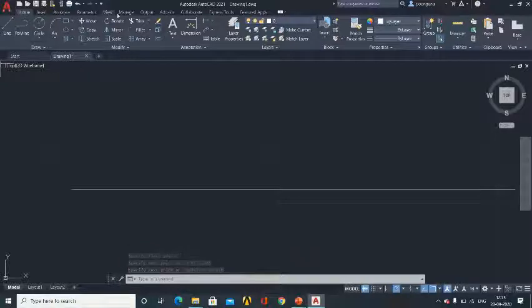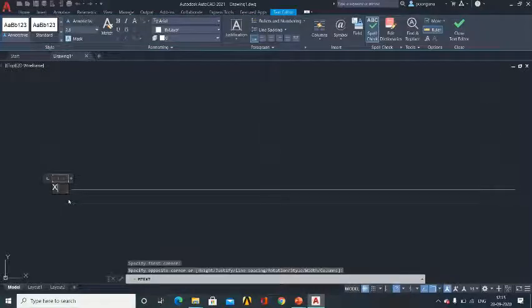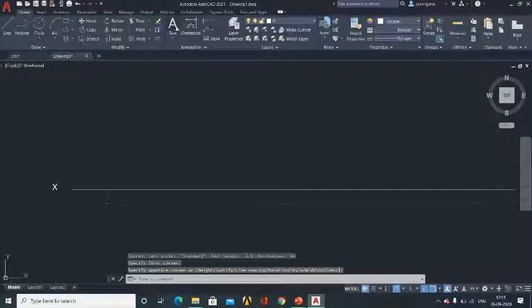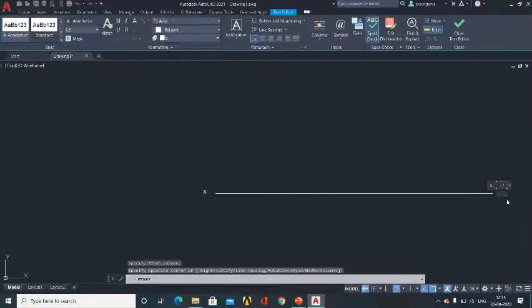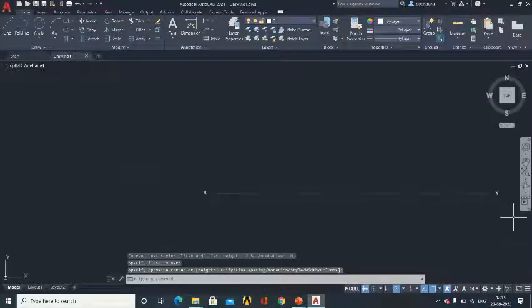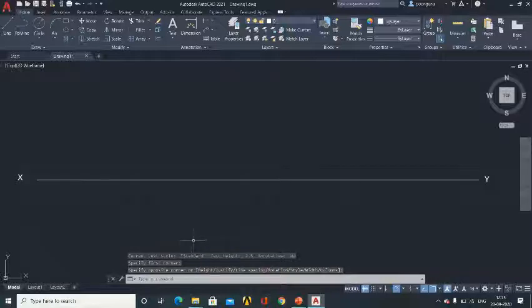Now we need to do the naming. This is my capital X, and this is my capital Y. This is my X and Y, the reference line.